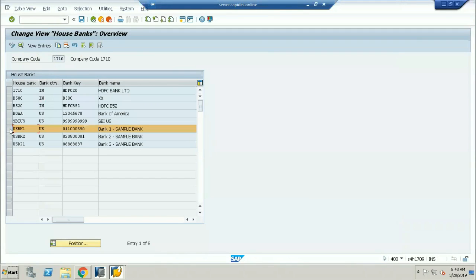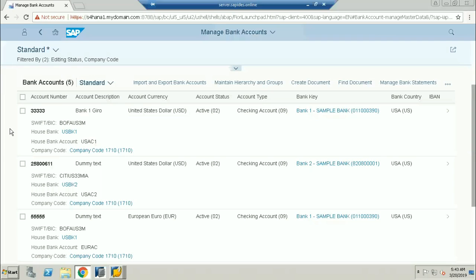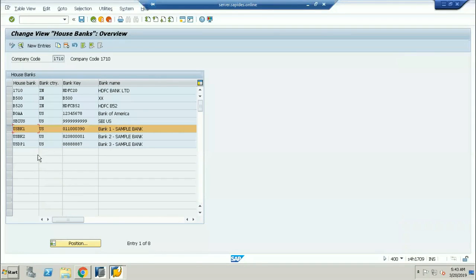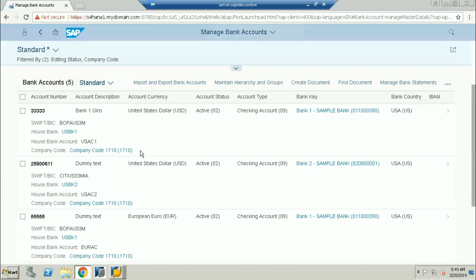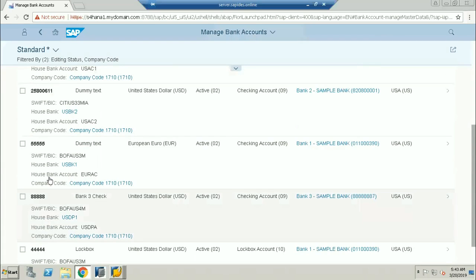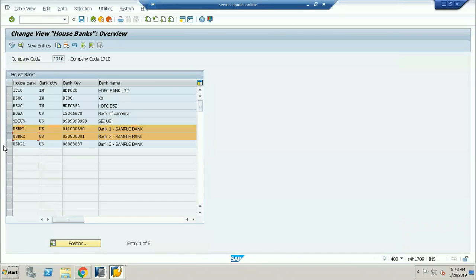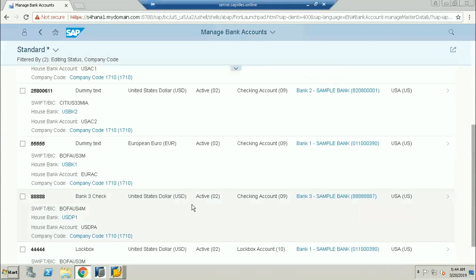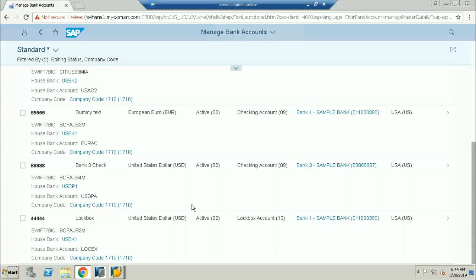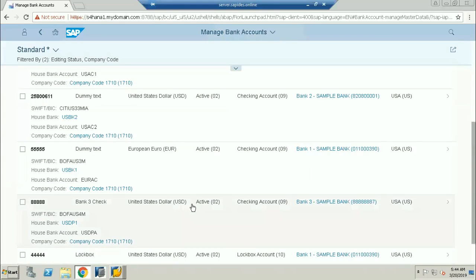See here, USKB1. USKB2. So like this, these are the different bank accounts we have. Okay, USDP1. See here, USDP1. So like this, you can see these house bank details are available.